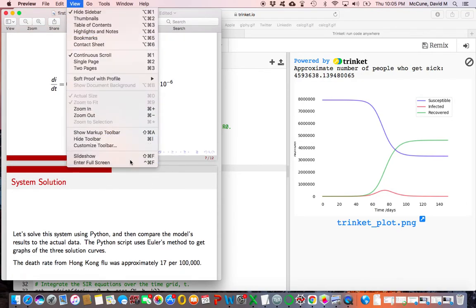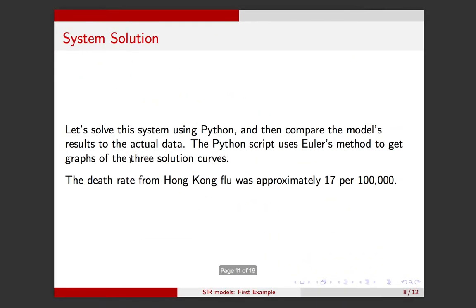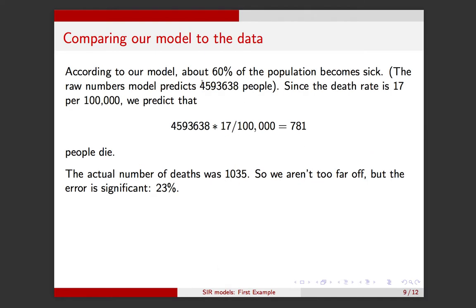Okay, let's hop back over into the slides now. So we solved the system. I want to think about how many people died. The death rate was, for every 100,000 people who got it, 17 died. So let's think about that. How many people got it? Well, the model told us this. That's how many people got sick. The death rate of the disease is 17 per 100,000. So you would do this little computation here: the number of people who got sick times this, basically a proportion of people who die of people who get sick. And you would predict, based on the model we just built,